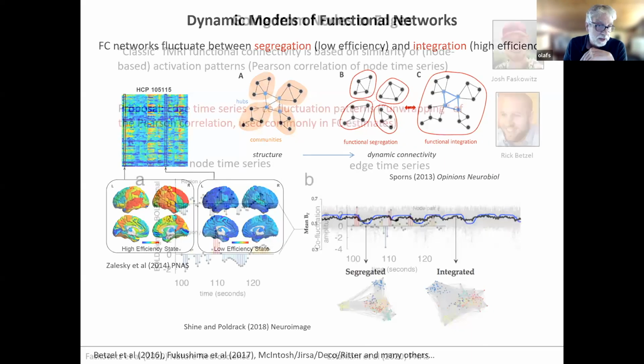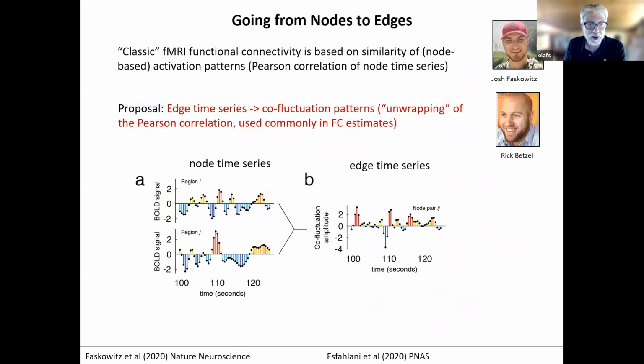So last summer, a couple of years ago, some of us had an idea which actually gets us out of this conundrum of doing windowing and allows us to access, I think, fMRI dynamics at a much finer time scale, down to the single TR, basically, single 1 second resolution. And it goes like this.